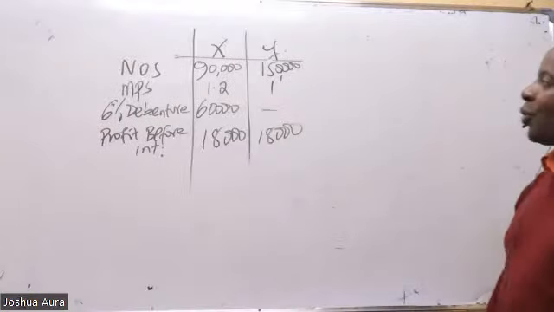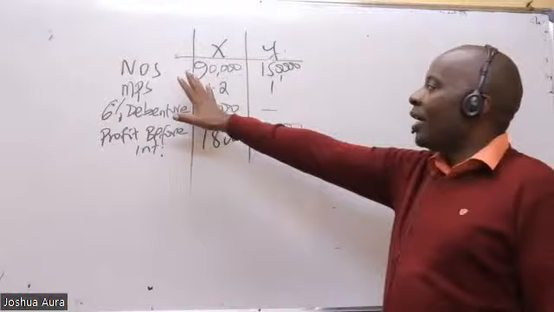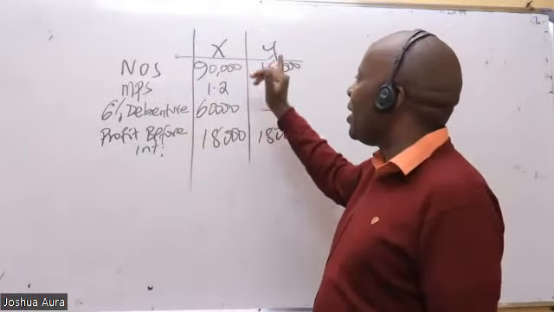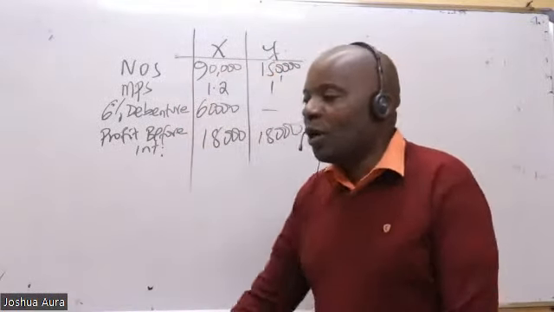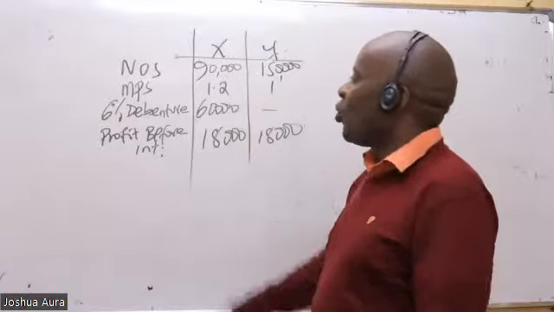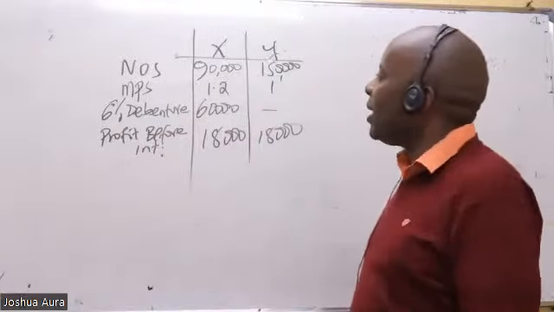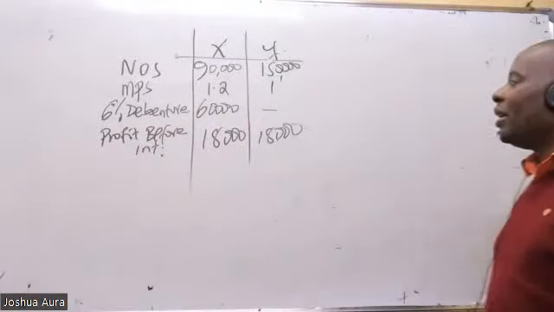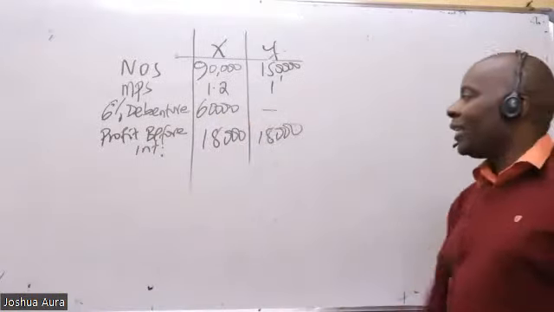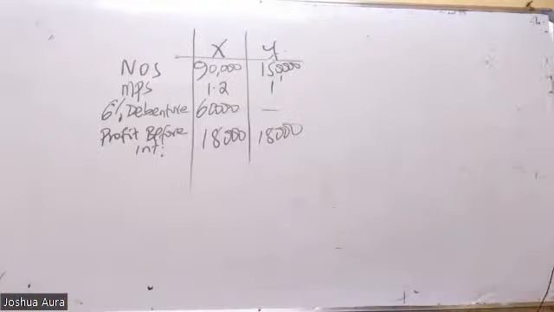Trade model. So we are given a very good illustration. Number of ordinary shares, we have 150,000 for those two respective companies. We have market price per share 1.2, we have 1. We have 6% debentures. X is evidently here levered. Of course, Y nothing. We have profit before interest,